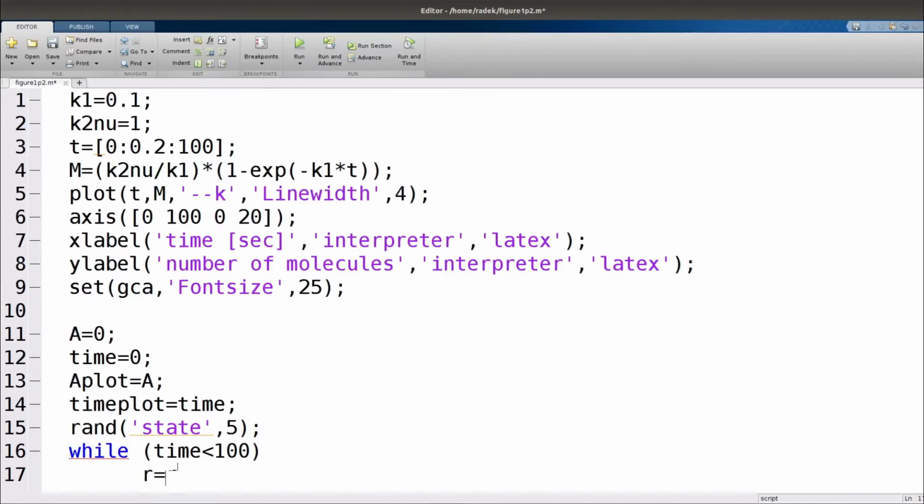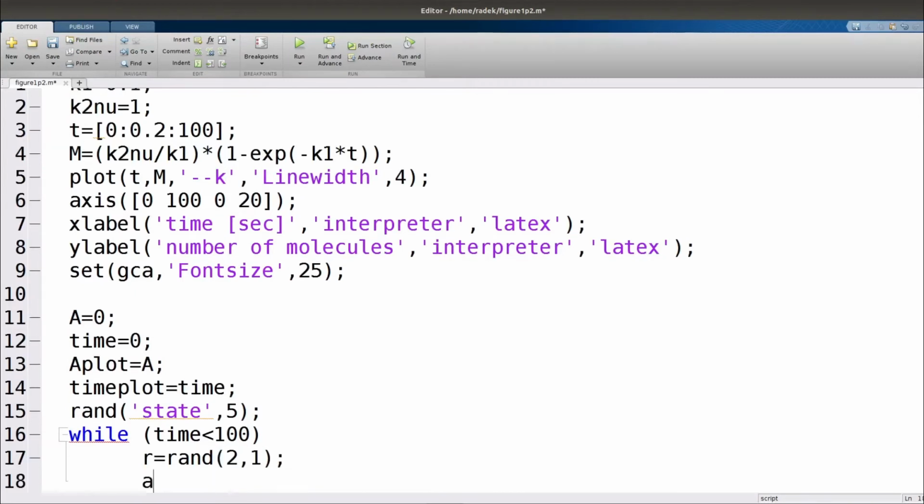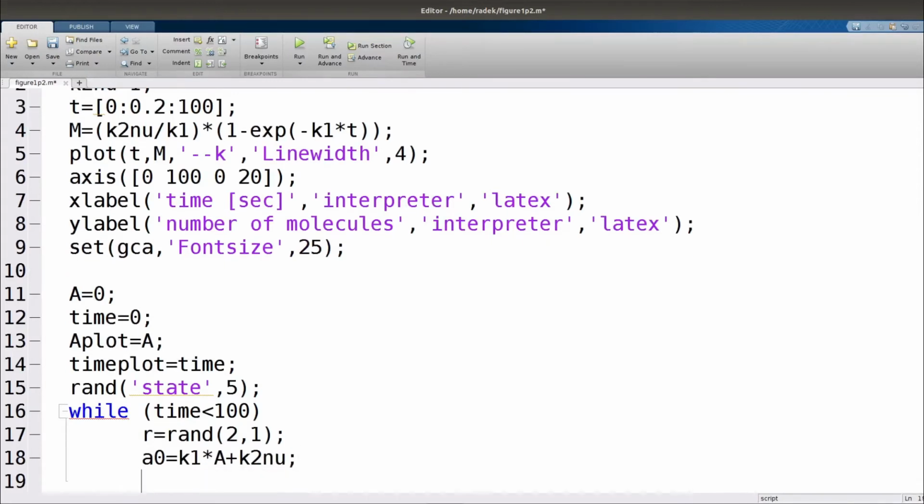This is very helpful whenever we try to identify errors in our computer code, which might otherwise be difficult to find. The main loop of our computer implementation of the SSA A3D3 starts with the command while. First we calculate two random numbers using the command rand. Then we calculate the total propensity function A0. Then we update the time when the next reaction occurs.